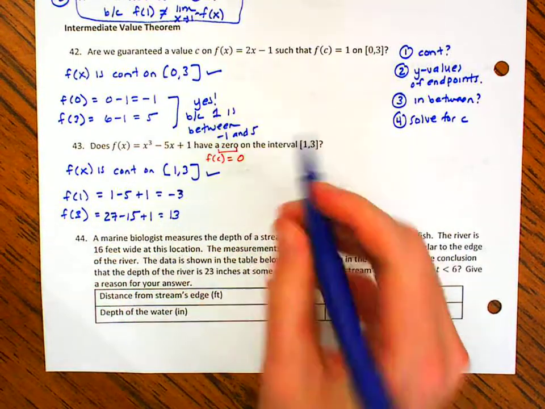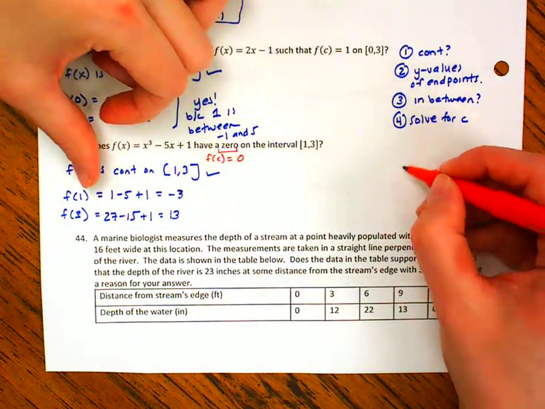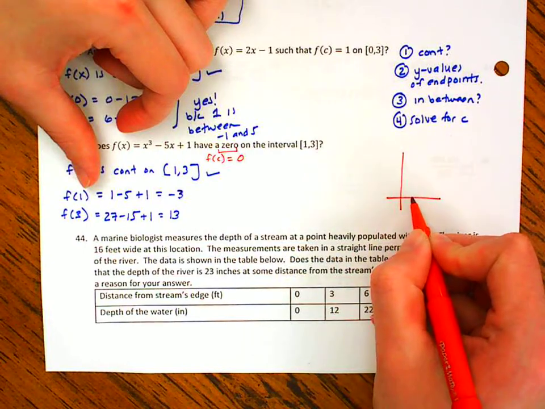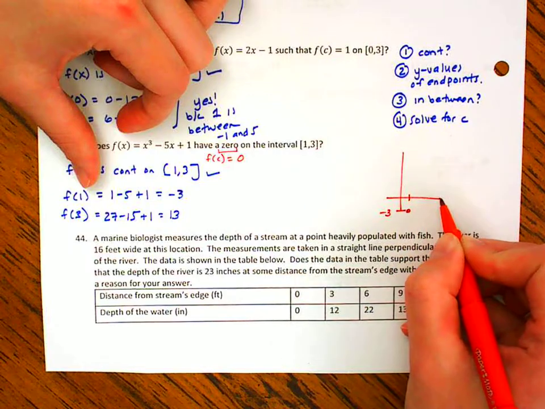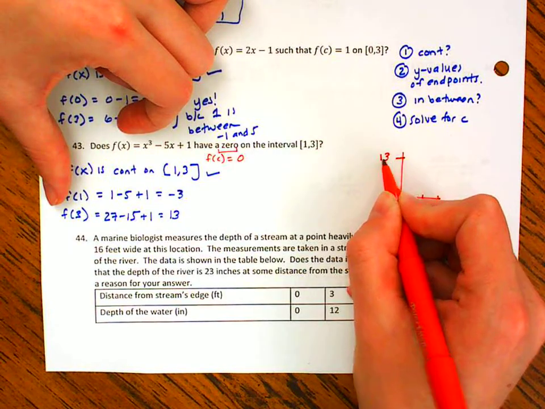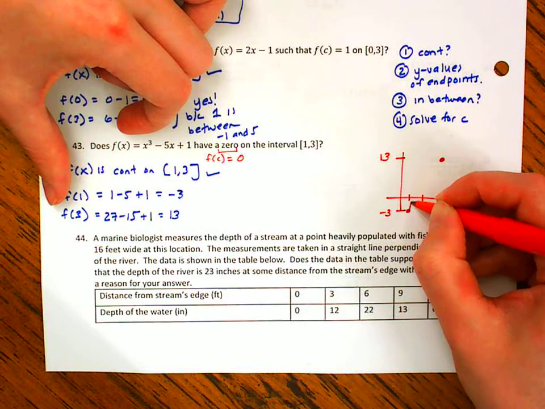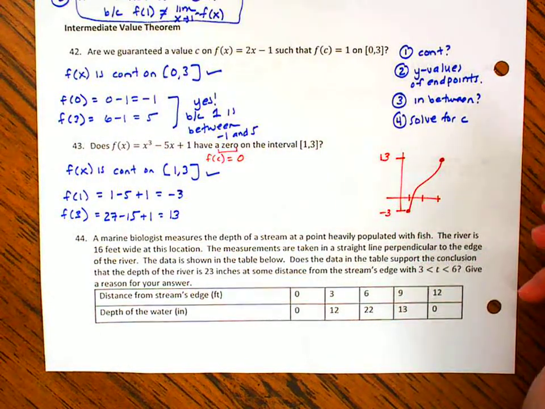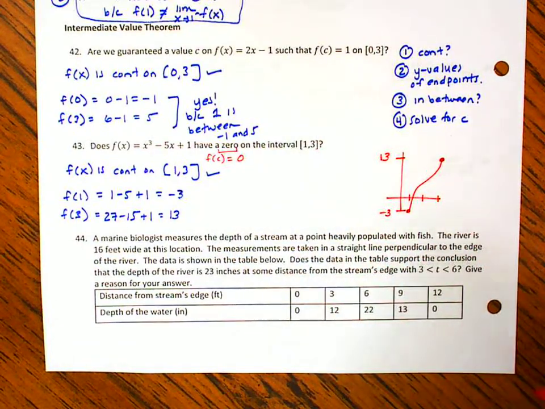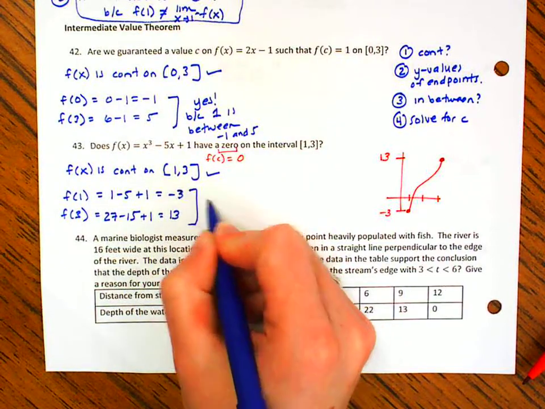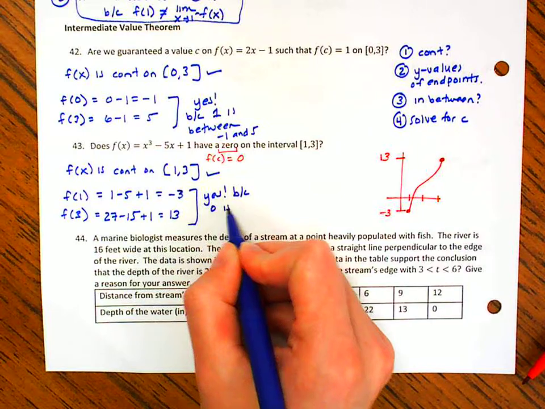So if I were to actually sketch a picture, I'm saying at 1, I have a value of negative 3. At 3, I have a value of 13. Well, if it's continuous, the only way I can get from here to here, I don't really know how it's going to curve or what, but I have to eventually cross the y value 0. That's what it's saying. So my answer is going to be yes, because 0 is between